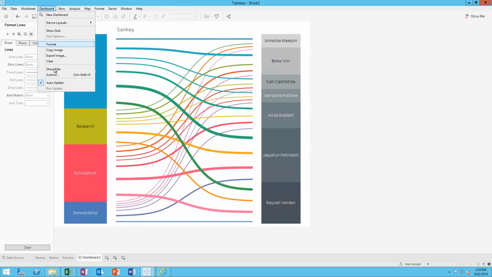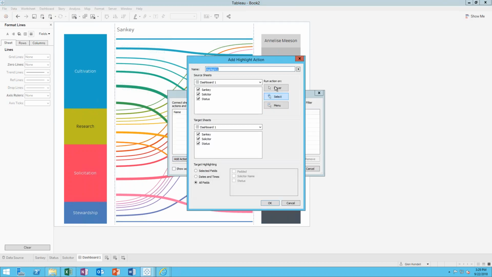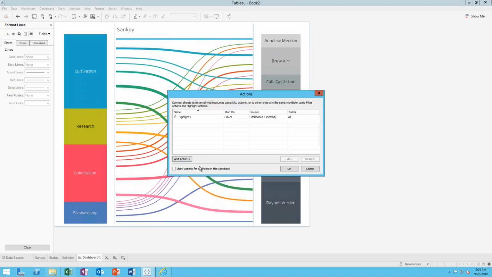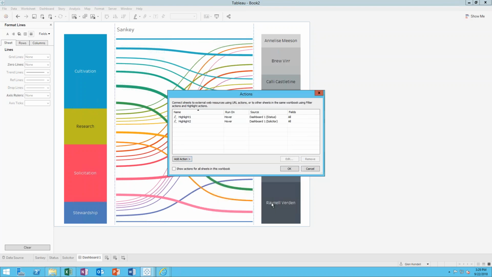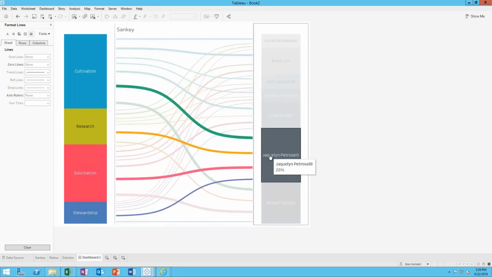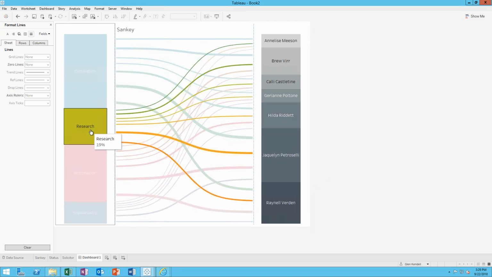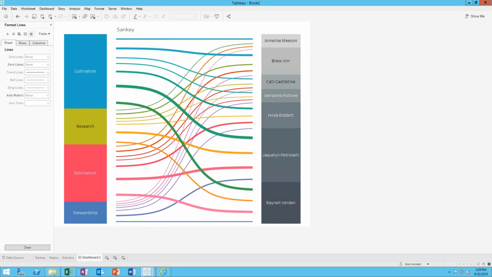And finally, I'm going to add some actions. So I'll do a highlight action so that when I hover over the status side, it shows me both the status and the Sankey part in the middle. And add a second highlight action for the solicitor side. That's going to show the solicitor and the Sankey portion in the middle. There you go. That's how you make a Sankey